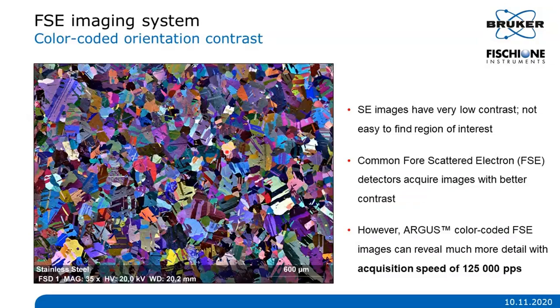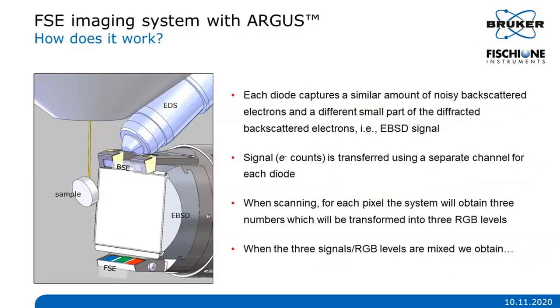So with Argus, the operator evaluates the sample preparation quality within only a few seconds and can easily find the region of interest and look at the distribution of plastic strain. This unmatched sensitivity is because it's a direct electron detection system, fully built in the EBSD detector, so you don't get noise. And the speed of the image is up to 125,000 points a second. So Argus is a direct electron detection imaging system composed of 2 silicon diodes above the